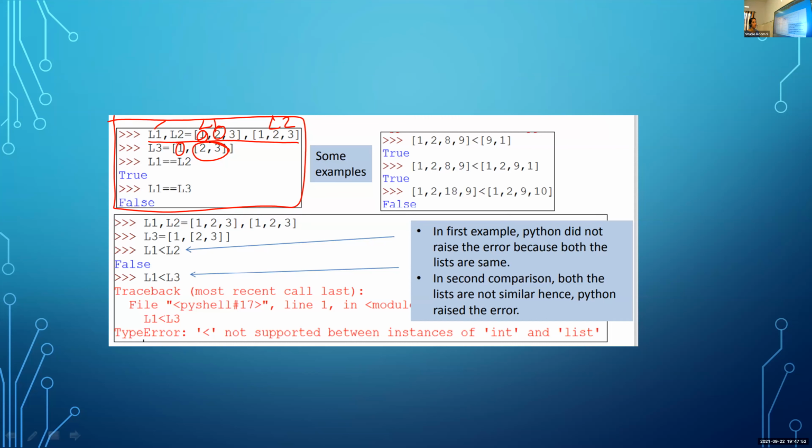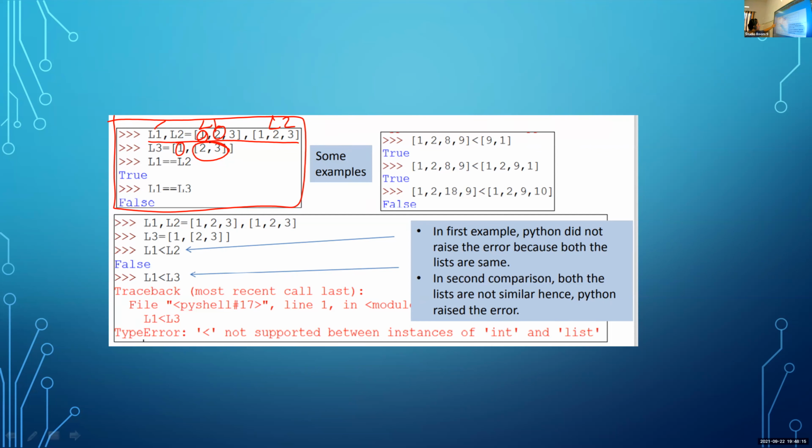Is it clear? This relational operator equal to is used for checking if two lists are equal or not. Here L1 equal to L2. L1 is 1, 2, 3, L2 is also 1, 2, 3. So both lists are equal, so the result is true.